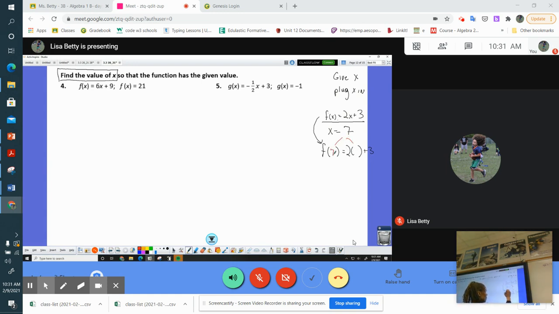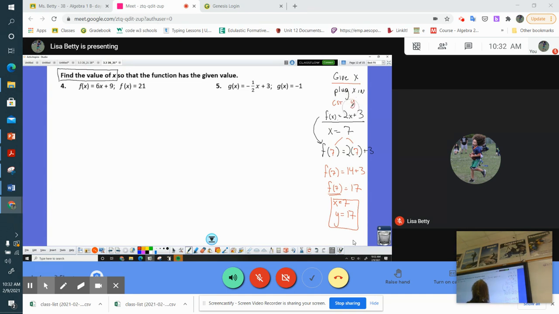So I'll put f of 7 equals 2 times 7 plus 3. So f of 7 equals 14 plus 3, and f of 7 equals 17. So when x equals 7, because that's my input, y, which is f of x, equals 17. That's a straightforward plug-in. They give you x, and you get y,